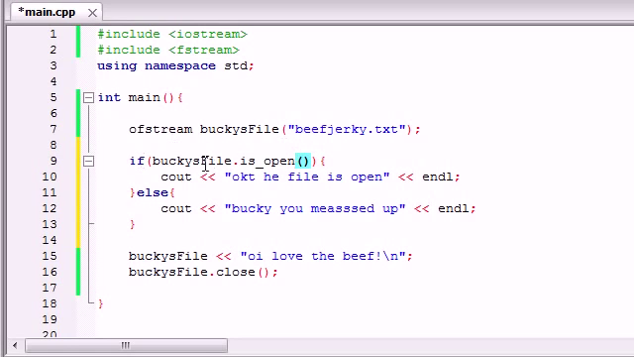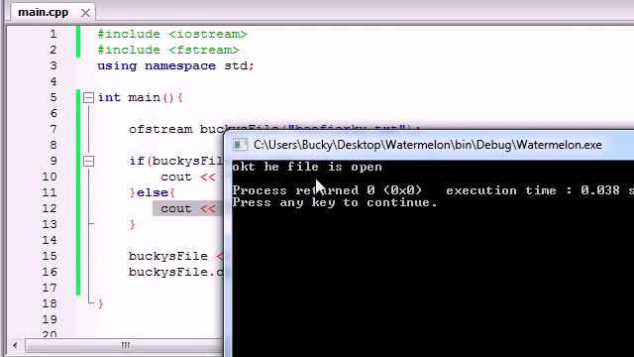So what this line is going to do is it's going to check if this object is associated with a file. If it is, which it is, it's going to output, okay, the file is open. If it's not and we did something wrong, it's going to say, Bucky, you messed up. So let's go ahead and run this, and indeed we get, okay, the file is open. So you're saying, alright,